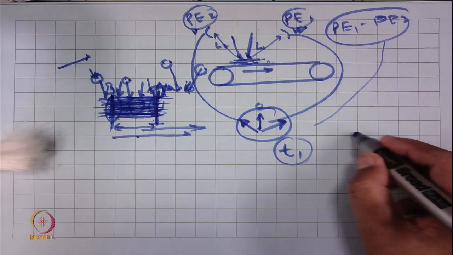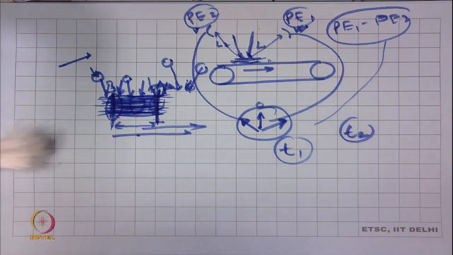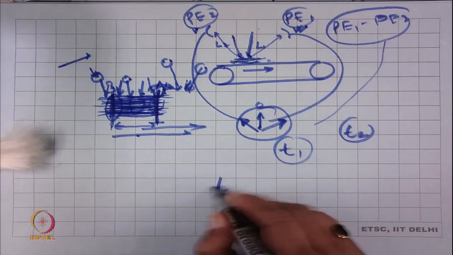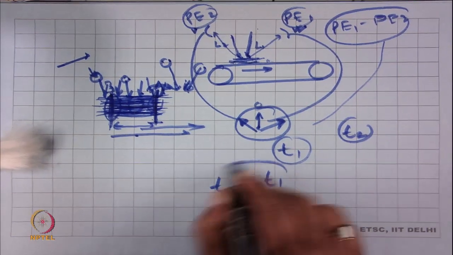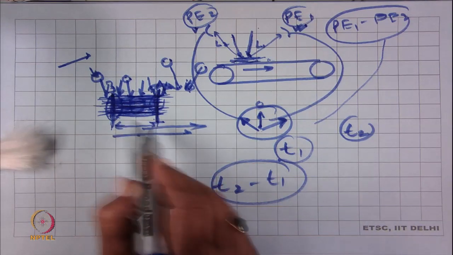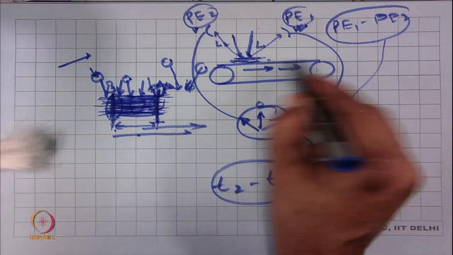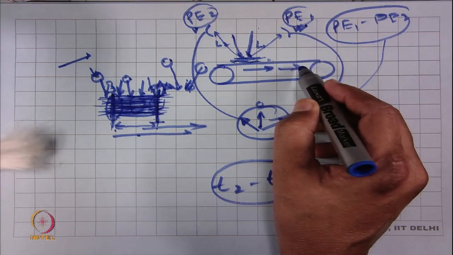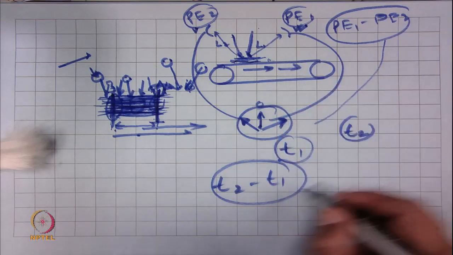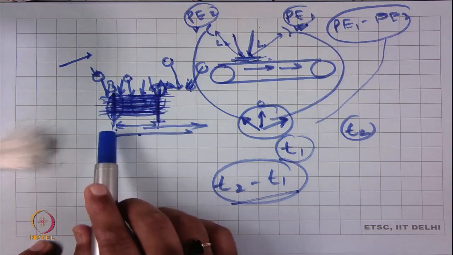This time we will measure, say t2. So, t2 minus t1 is the time difference between the two extreme points A and B, and if we know the speed of the conveyor belt, we can calculate the distance travelled by the conveyor belt